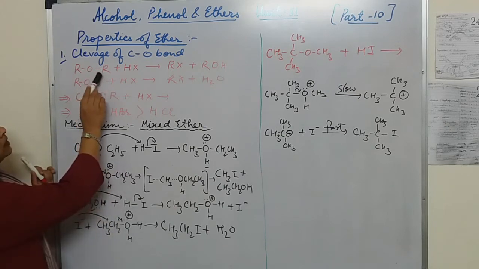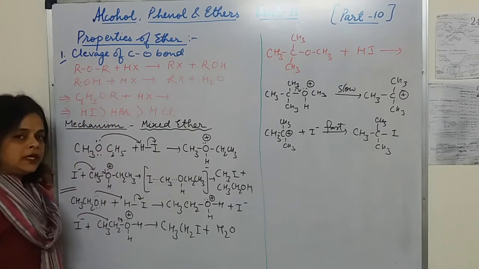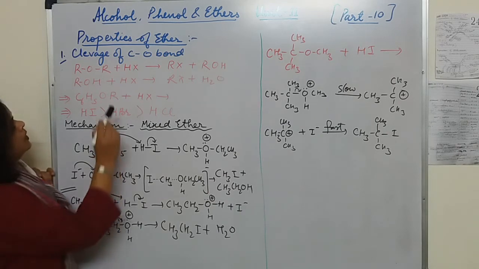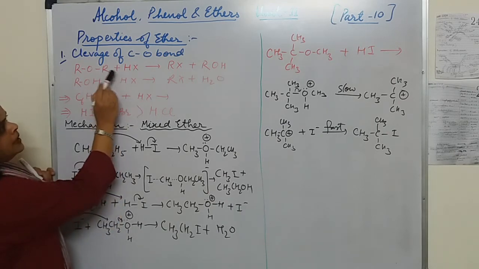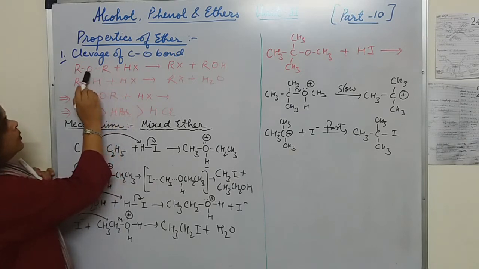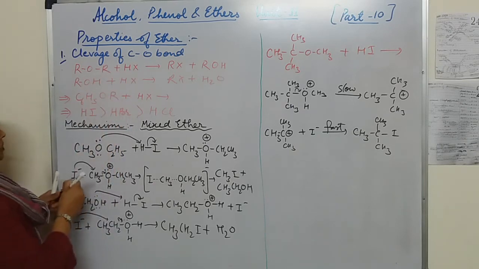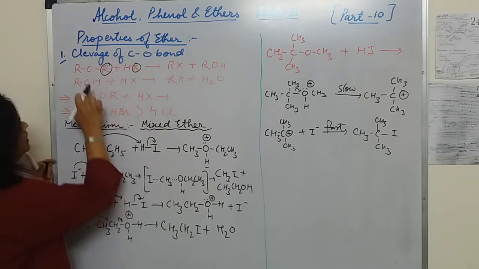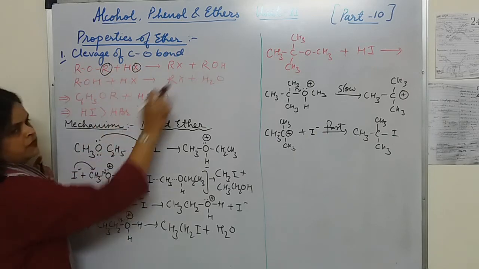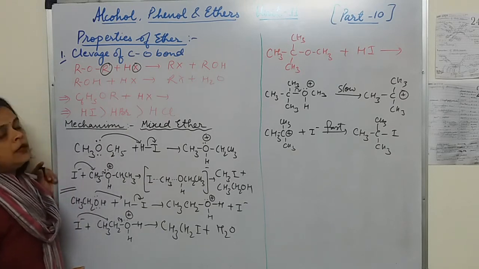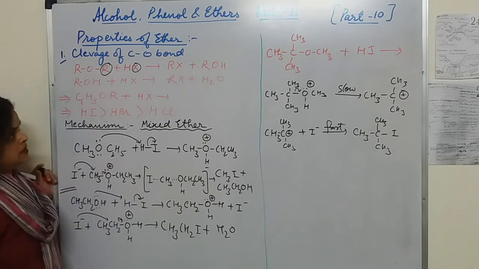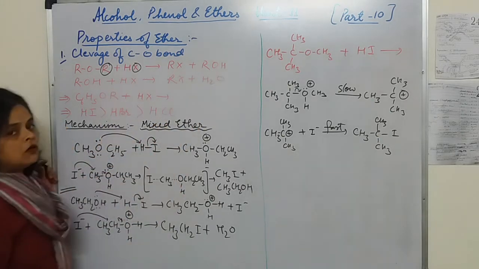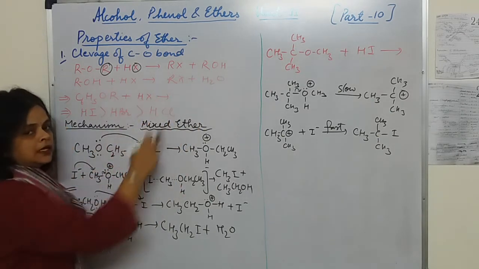So now students, we will discuss the cleavage of C-O bond. When we are taking the ether molecule and it combines with HX, HCl, HBr or HI, then we are getting one alkyl group attached with this X and we get one alcohol molecule. Suppose here this R combines with X and we are getting RX, and the remaining ROH we get in the side product. Now if you are taking HX in excess, then another HX molecule again combines with this alcohol molecule and converts it into alkyl halide.